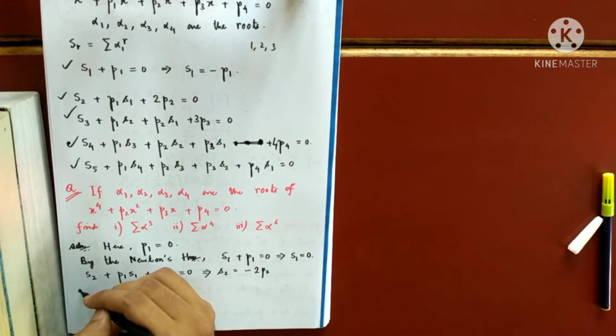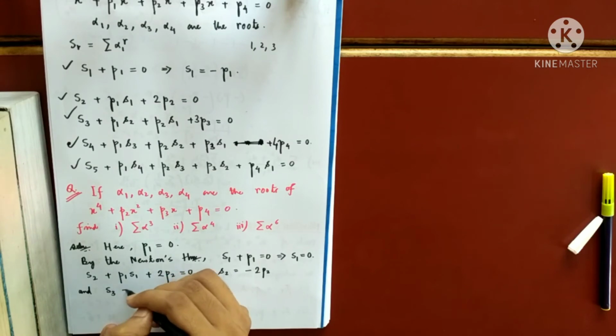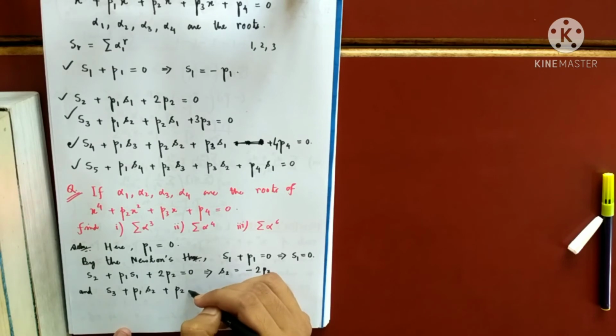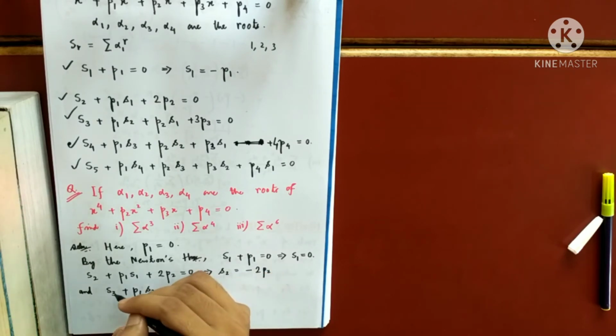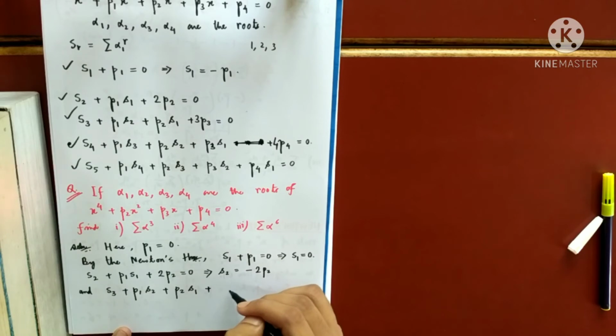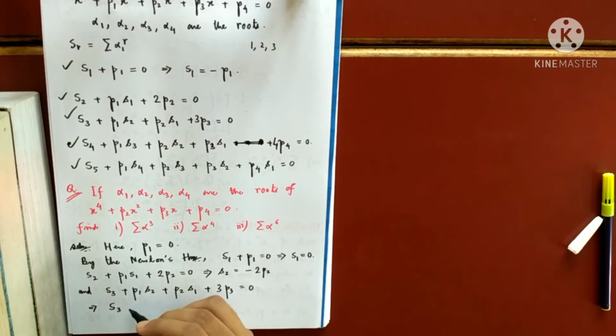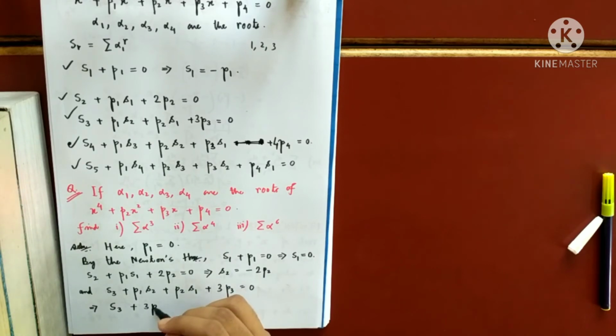So now S3 plus P1 S2 plus P2 S1. It will decrease, right? And I cannot go to S0, so next I'll write P3, but here I'll write 3P3 equals to 0. Right? I have to find S3 from this equation. P1 is 0, so this will make this term 0. S1 is 0, that will make this term 0. I'll simply remain with plus 3P3 equals to 0.